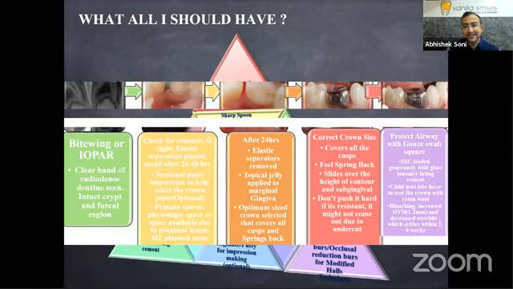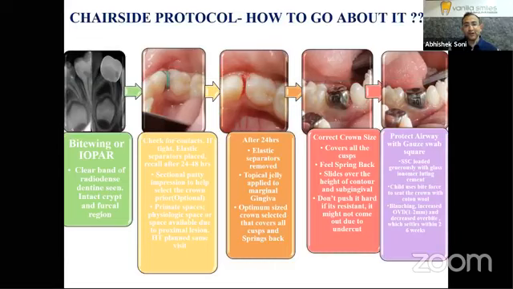So let's look at the clinical protocol. If you see on the figure to the left, there is almost a millimeter of clear band of dentine. You have read that well. You have placed your elastic separators. Try to remove your elastic separators within 24 to 48 hours. Now, because of the elastic separators, there's going to be slight traction. So the child sometimes feels pain, so you may have to inform the parents to introduce analgesics for the child.